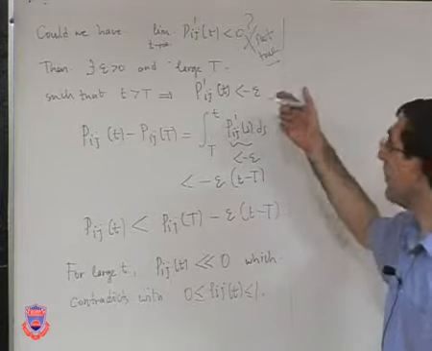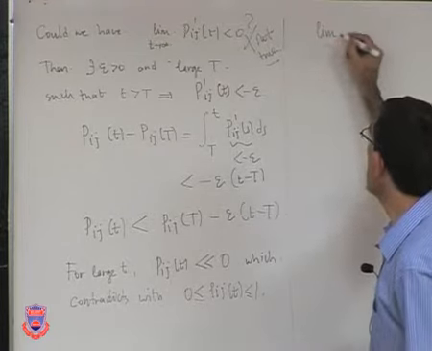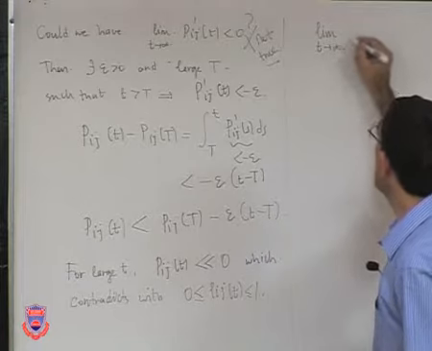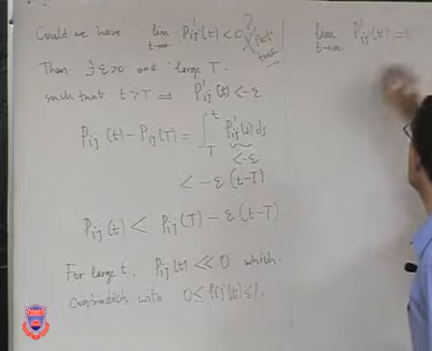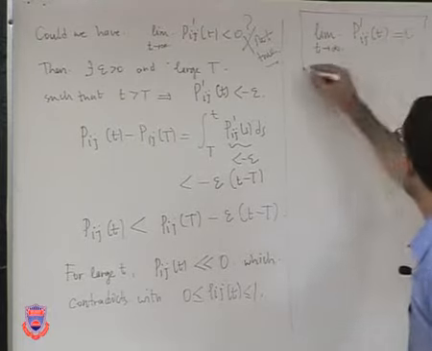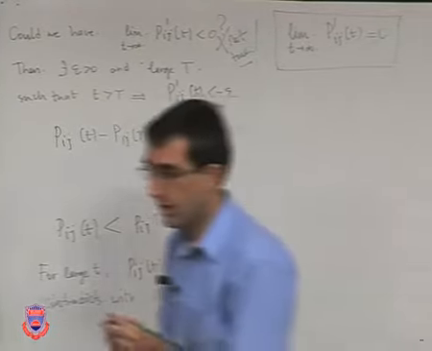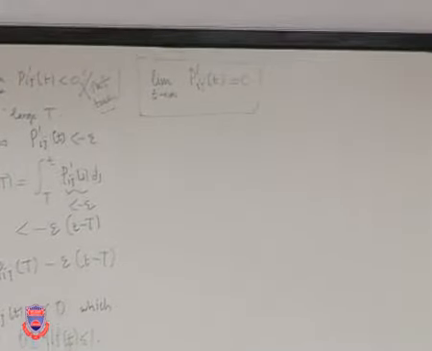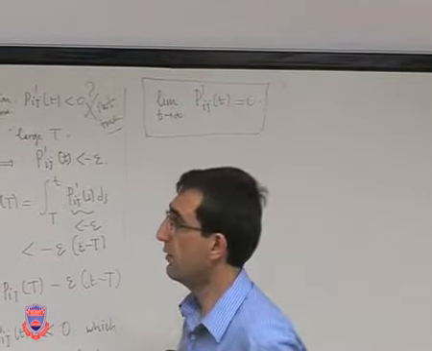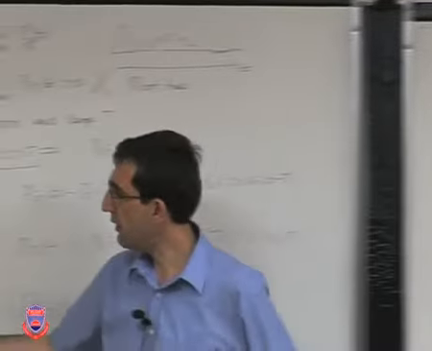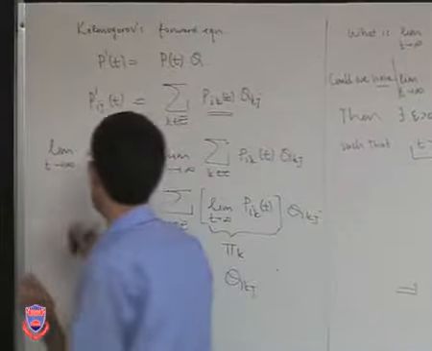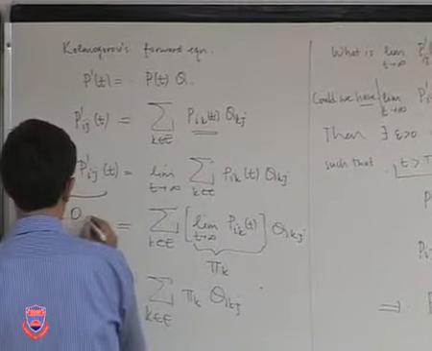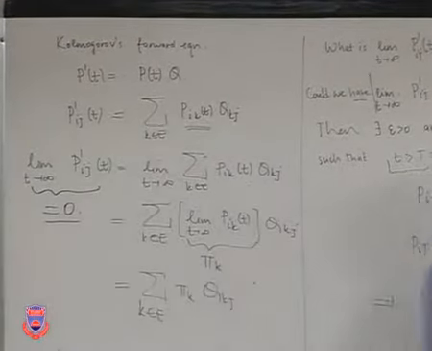And what is the only possibility left? As t goes to infinity, the derivative of this transition function must be 0. We must have that. What use does that have then? We go back to this relation, and in this relation we now know the left-hand side equals 0. Now we can conclude that,